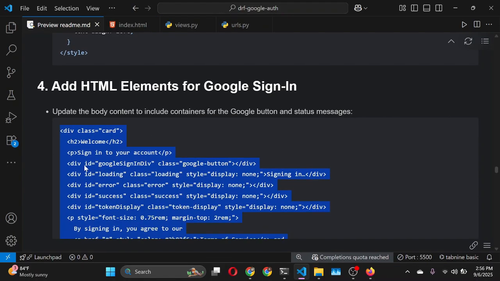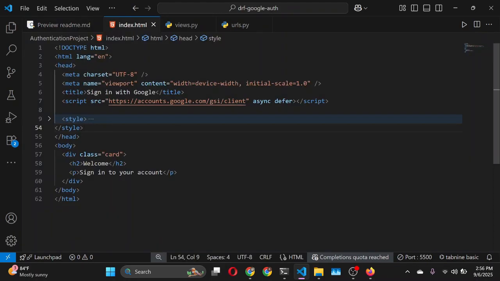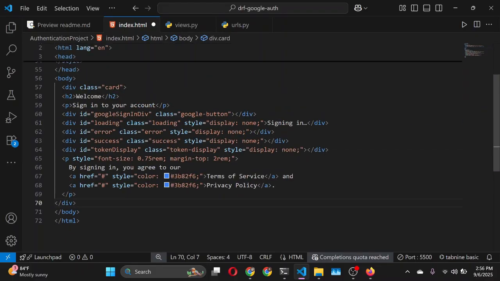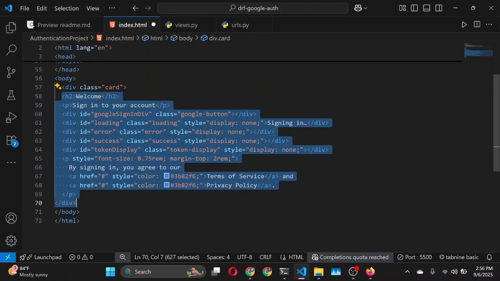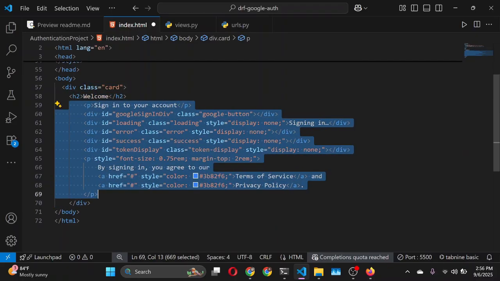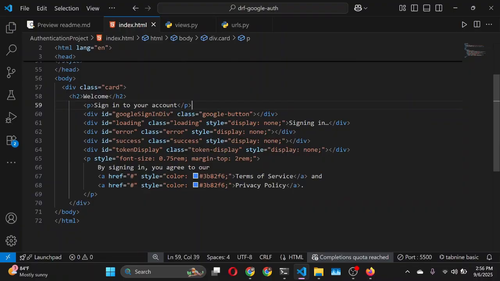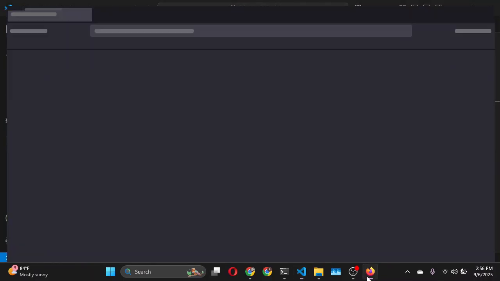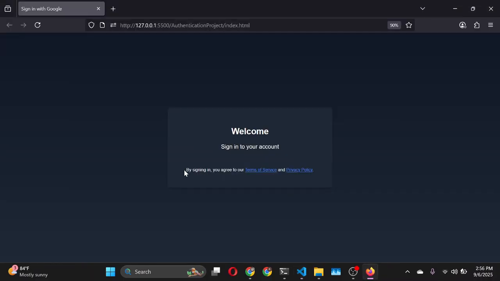I'm just going to replace everything inside card with this entire expression which I've just copied. So I will do that and paste it. Let me just make sure everything is indented properly. Do that, then do this. Okay. Now once I save this and head back to the page, we can now see there is some text